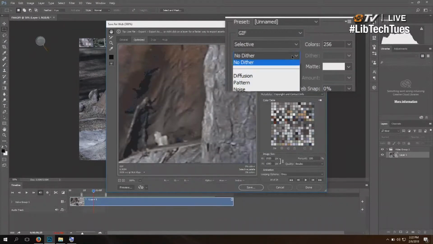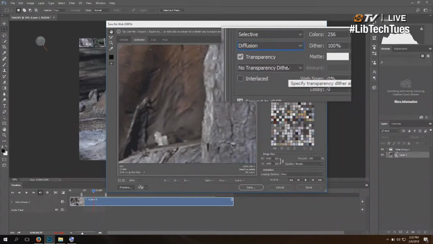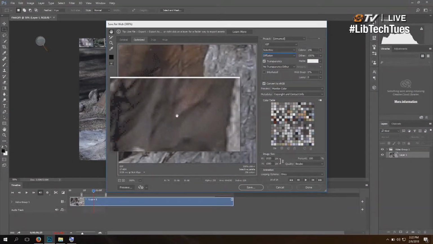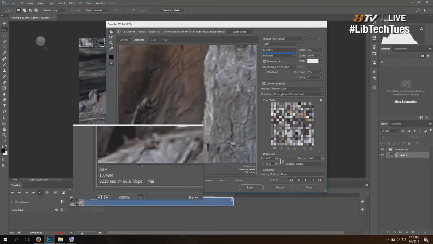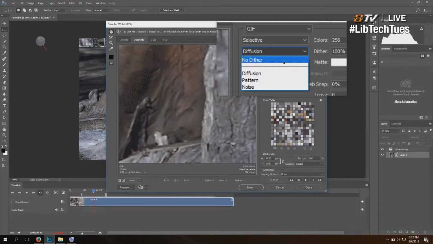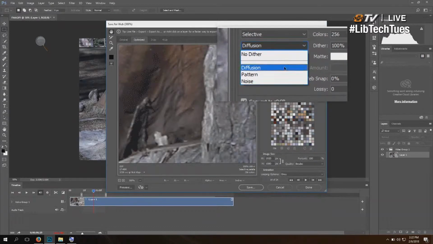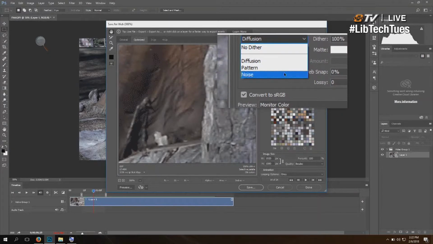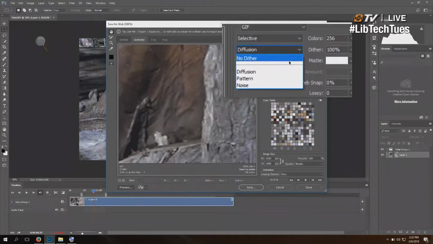And what Dither does, if you turn it on to diffusion especially, is it adds pixels to try to smooth that out and make it look more natural and like a higher quality image. The only problem with that though is that it's going to add to your file size. So if you wanted to keep a smaller file size, you would choose no Dither. We also have a couple other options, pattern and noise, and those do basically the same thing. They just add more pixels to your image to smooth out the color palette, just in slightly different versions. So we can go to no dither,